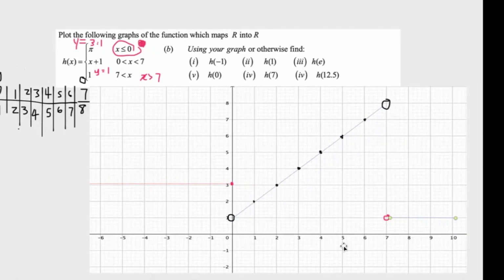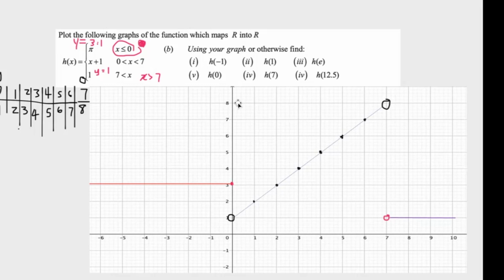So it never ends. Alright, so this is better. So these are the three functions, and let's go on to answering the graph graphically,